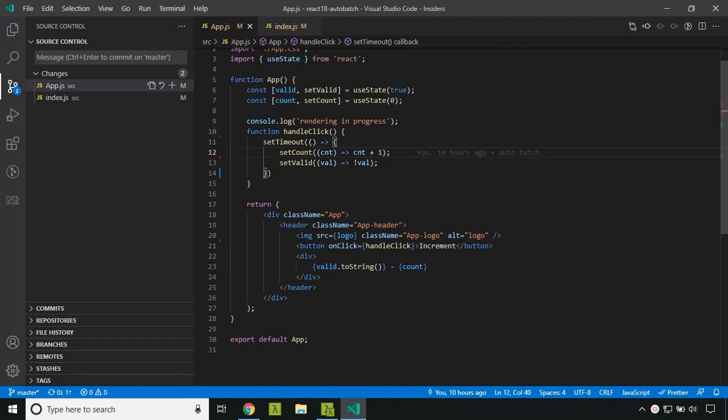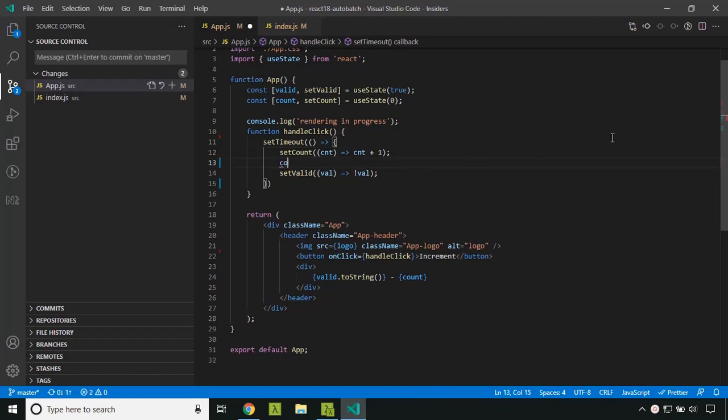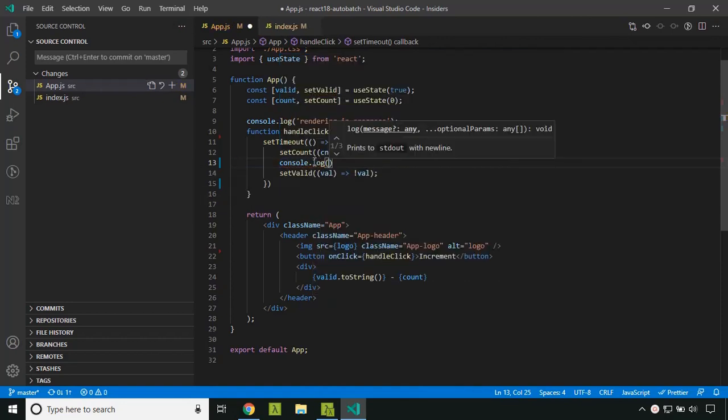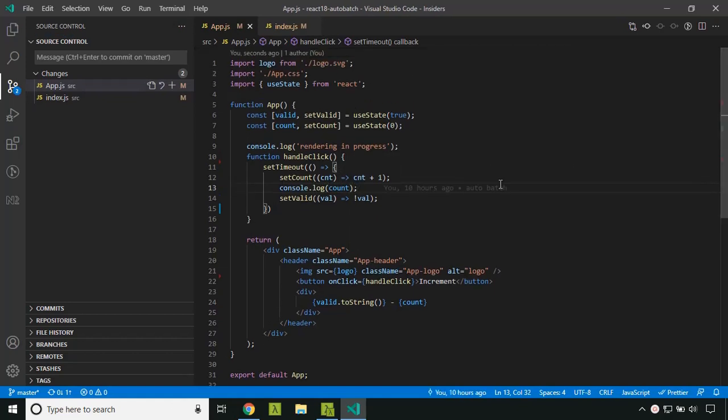One such scenario is when I try to access the value of a variable, like the count, and log it here. This is a functional component and I am using React hooks. With hooks, even in React 17, it will not allow accessing the updated value sequentially.